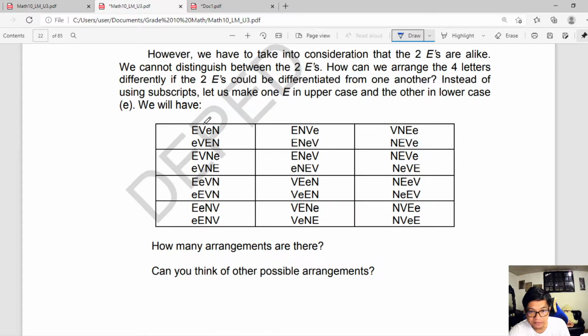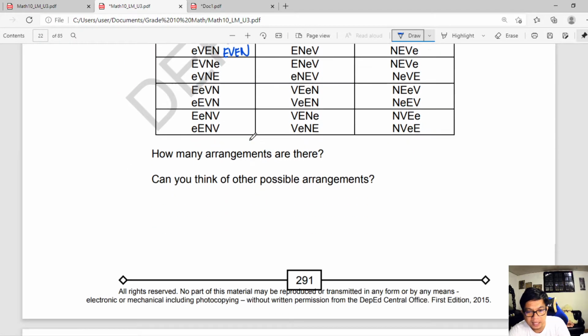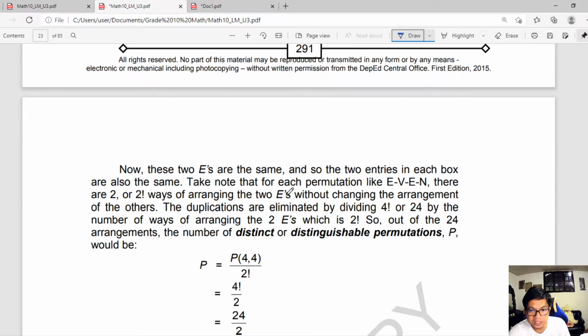Pero what if itong E dito, ito siya is also even, ito siya even din. Tama? So, take note that each permutation like even, there are 2 factorial ways of arranging the 2 E's without changing the arrangement of the others. The duplications are eliminated by dividing 4 factorial or 24 by the number of ways of arranging the 2 E's,